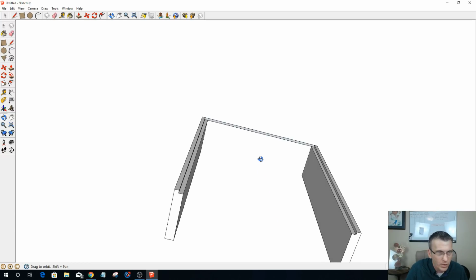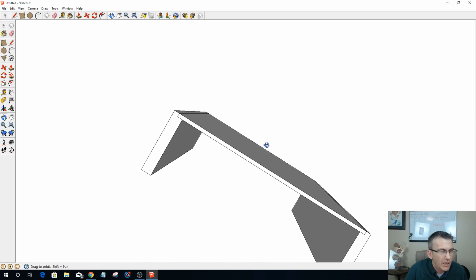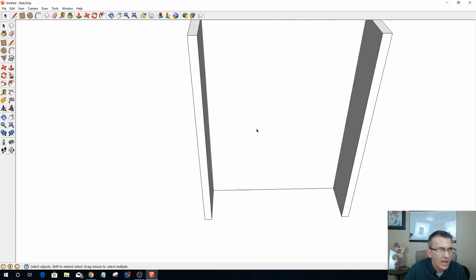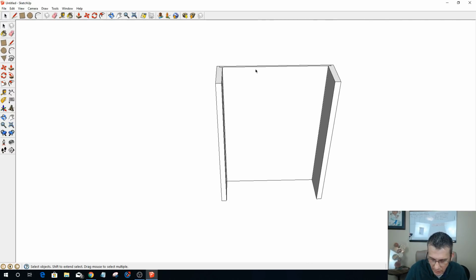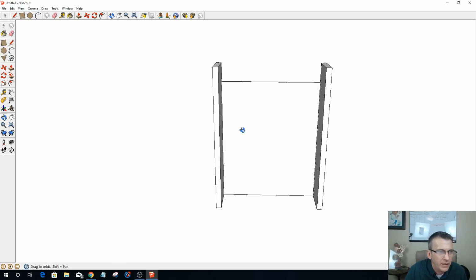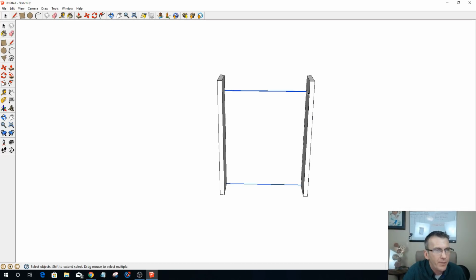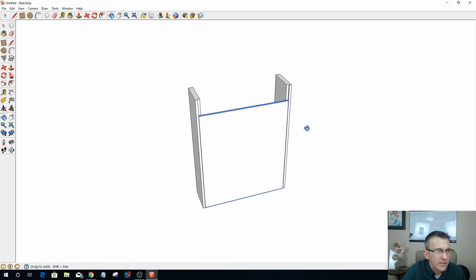Okay, and what that will allow me to do is pull this out and snap it to there to create that backboard. Also, my backboard is not going to go that far up. Is it going to go all the way to the top? No, it's not. So let me pull that back down a bit. Probably right about here. So what that does is it allows me to start to visualize this thing. All right, so now on the top, I want a decorative top here, coming across and everything. And so let's come back here and